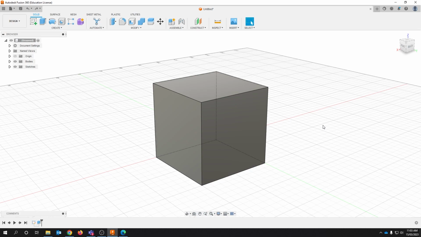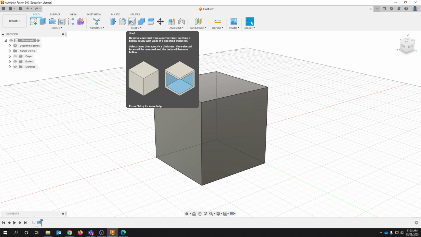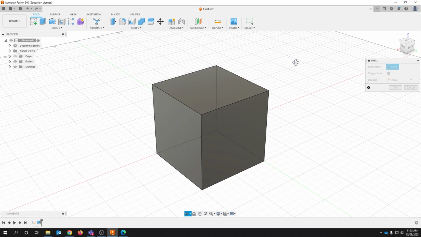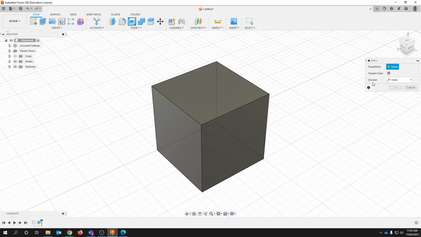The shell feature. The shell feature can be found over here in the modify box. We can click on shell, and then your shell options will appear in this dialog box on the right. It requires you to select a face or body. In this case, we're going to select this face,